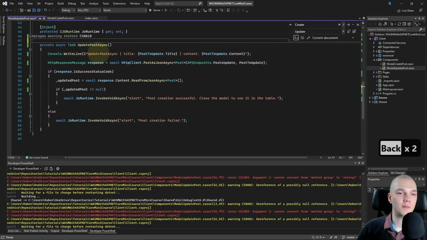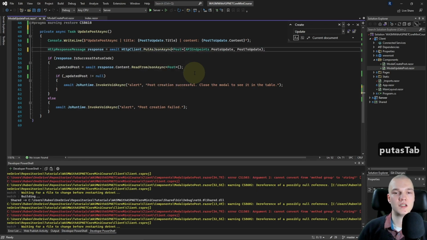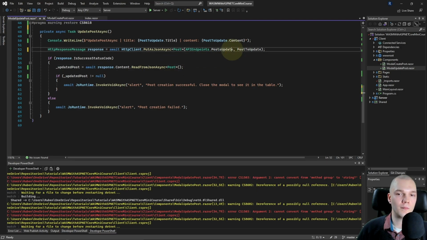And in the update post async method, I'll change the HTTP client.post as JSON async to put as JSON async. And the endpoint is already changed to update. And in there we need to pass in the ID of the post to update.